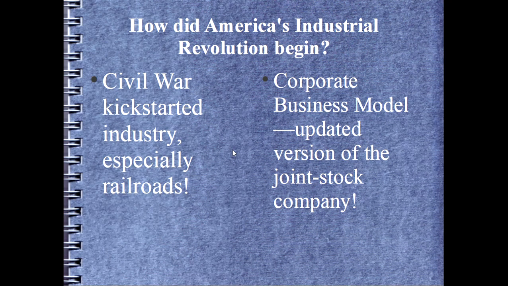Now, how did America's Industrial Revolution begin? Well, like I said, it started in the Connecticut River Valley with textiles, but the Civil War is what kickstarts industry, especially the railroads. You need weapons, they're making weapons. Remember what I told you about making the sewing machine? Same thing with a musket, right? Wood and metal, got to ship it to where it needs to go. That's where the railroads come in. Cannons, all the supplies you need, uniforms, all the stuff has to be mass produced. Put it in a railroad, a whole bunch of stuff gets there at one time. That's the beauty of the railroads, right?